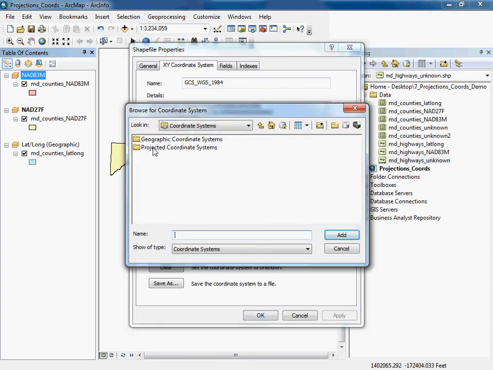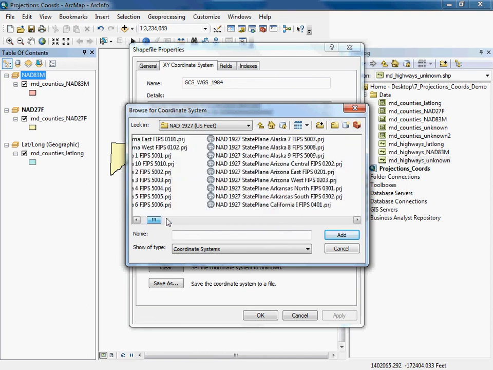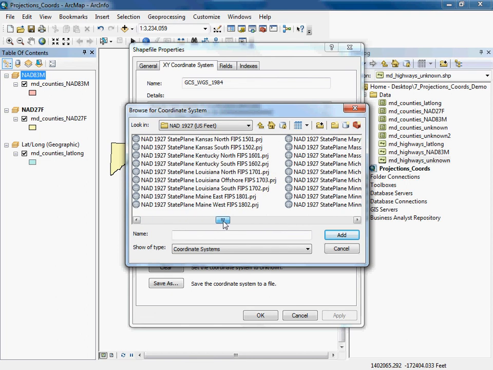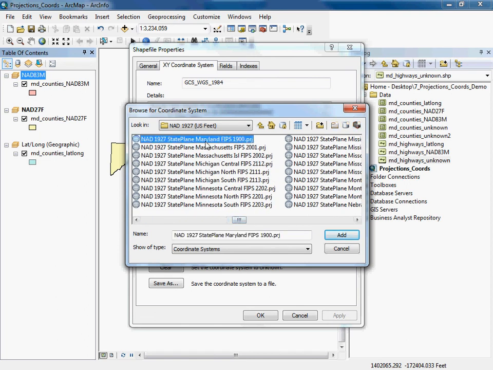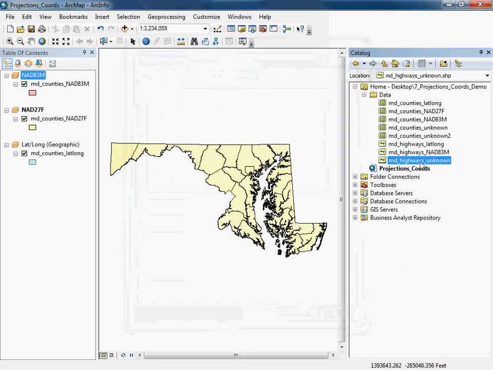So I'm going to go ahead and try the projected coordinate systems. I've got a couple of other ones, and I said that NAD83 and NAD27 are common ones used in North America, but it's very clear to me that longitude and latitude is not the coordinates for that unknown file. So I'm going to come in here and I'm going to say, you know what, I'm going to test this, and maybe it's in NAD27 feet. So I'm going to slide over to Maryland, NAD27 feet. I'm going to add that, and I'm going to tell that layer that it is now in